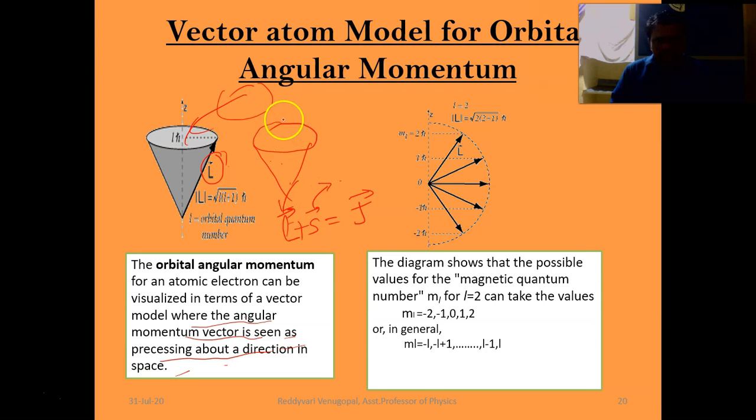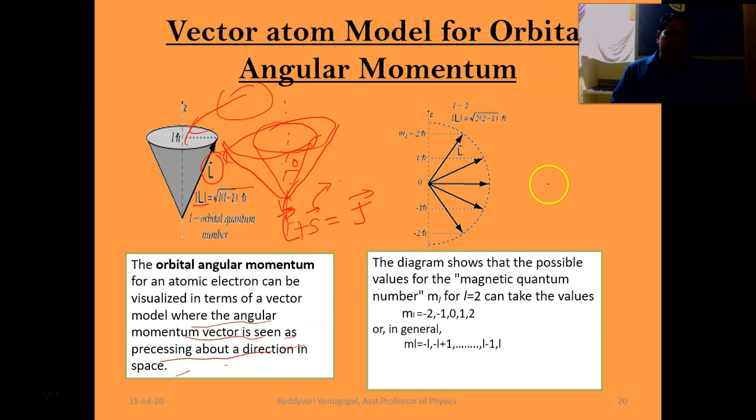So, if you consider a virtual line like in this one, this angle will be there. This angle cannot be continuous. It takes only discrete values. Like the next orbital may be like this, the next orbital spinning may be like this. So it cannot take all the values. It can take only some particular values. That's why we call it conservation of angular momentum. So it can take values like delta L is equal to square root of l into l plus 1 into h cut. So these are the values it can take.